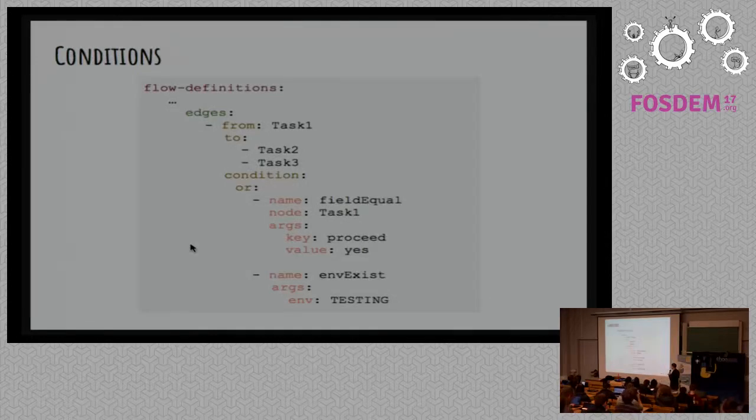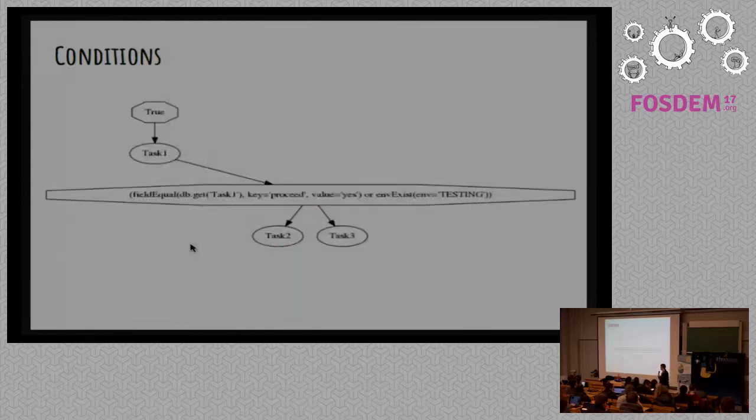So for example, let's say we want to run task 2 and task 3 after task 1, and we give a condition like, hey, I want to run if field is equal, that means the result of task 1 has key proceed, and this key has value yes. Or if there's some environment variable, and this environment variable is named testing. So by providing this condition, we have conditional execution. As you can see,